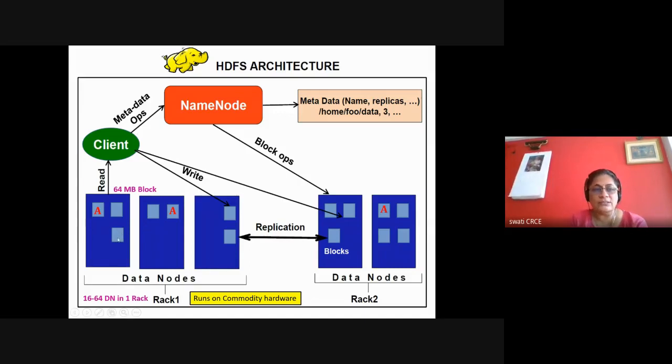That means these are very cheap computers, with only the CPU, memory, and hard disk, nothing else. With the help of such systems, the cluster is created. Then we can also remember about HDFS that it is highly fault tolerant. Fault tolerant means if your machines fail, this is automatically detected by the system, and the system takes care. It can restart the machine, or it can restart the task on some other machine. So it is a highly fault tolerant system.